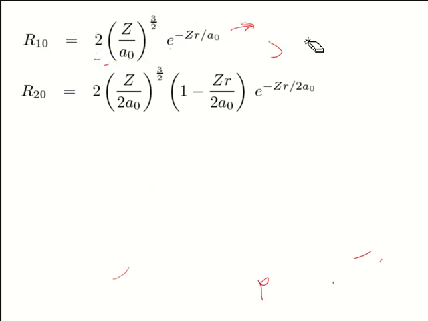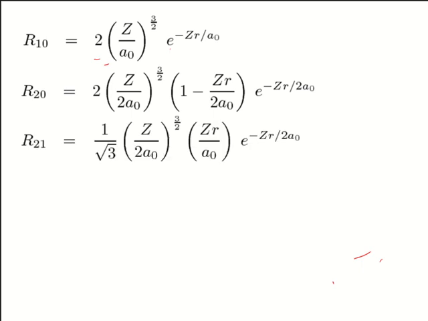Okay, so let's clean up the slate. So if you go on substituting the values, this was 1s, 2s, 2p, this is the 2p orbital. You can also see that for 1s and 2s the electron density is not 0, the amplitude of the wave is not 0 when r is equal to 0, but for this one,